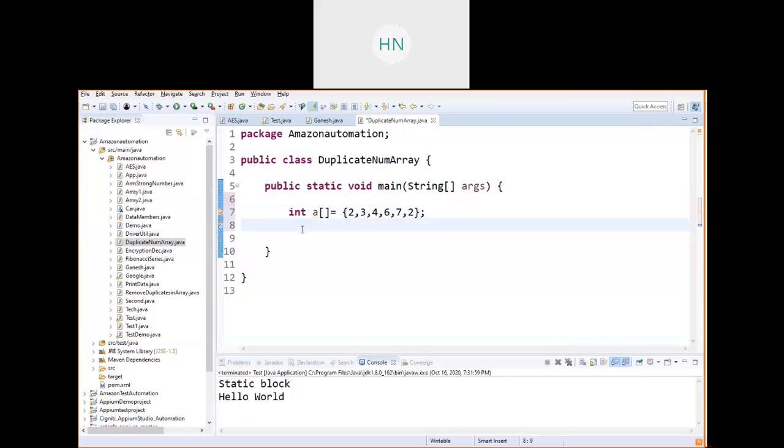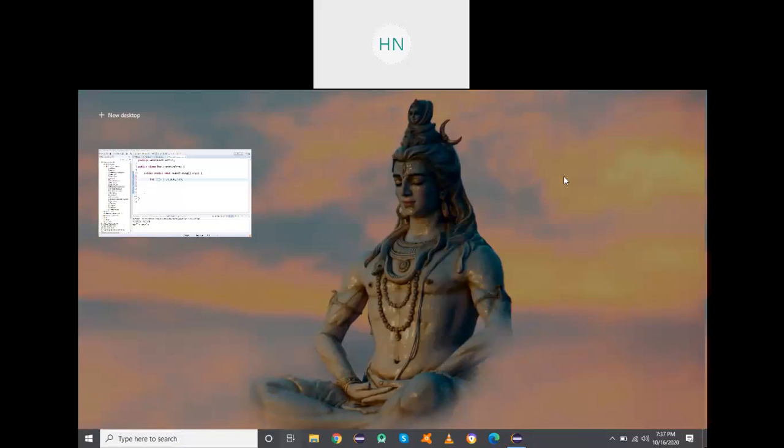So I am trying to print here the duplicate element present in an array. We want to find out the duplicate number which is present in an array. Whenever you are storing the values in an array, it will be stored based upon the indexes. So if you want to find out a duplicate element in an array, what you have to do is